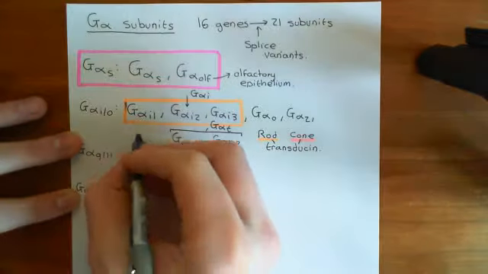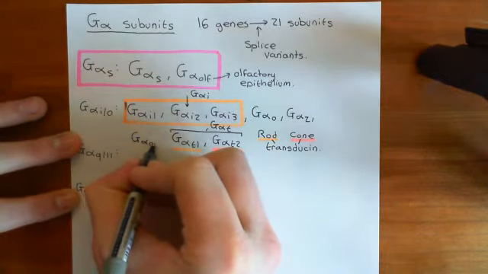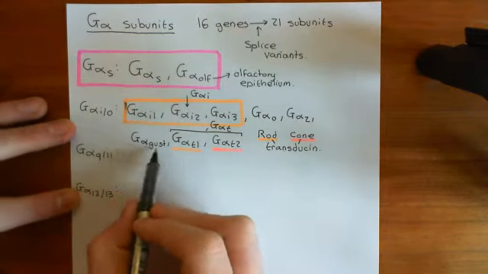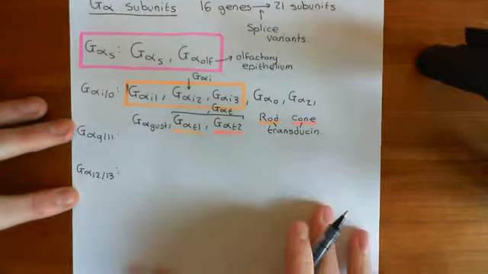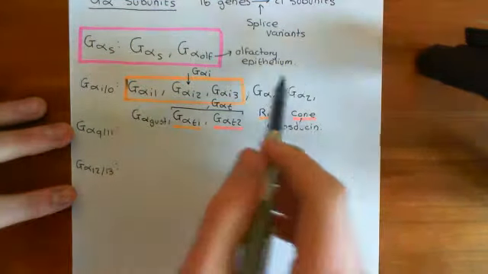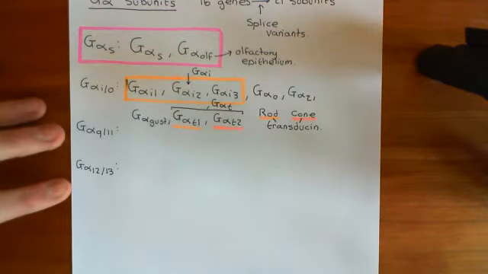So that's 7 now. The final one, which I'll just squeeze in here, is known as G-alpha GUST, and this is involved in the transduction of gustatory stimuli. So it's involved in the taste system. So those are the 8 alpha subunits that are all grouped into this G-alpha I/O family of alpha subunits